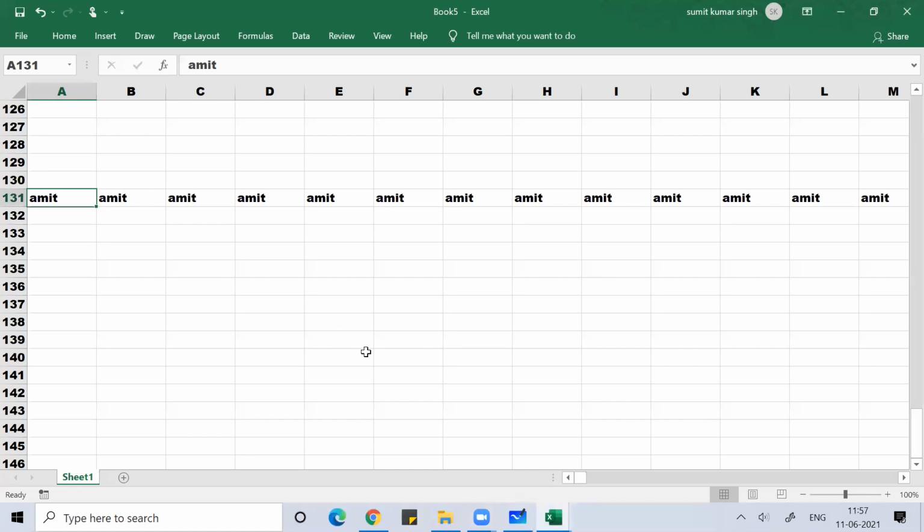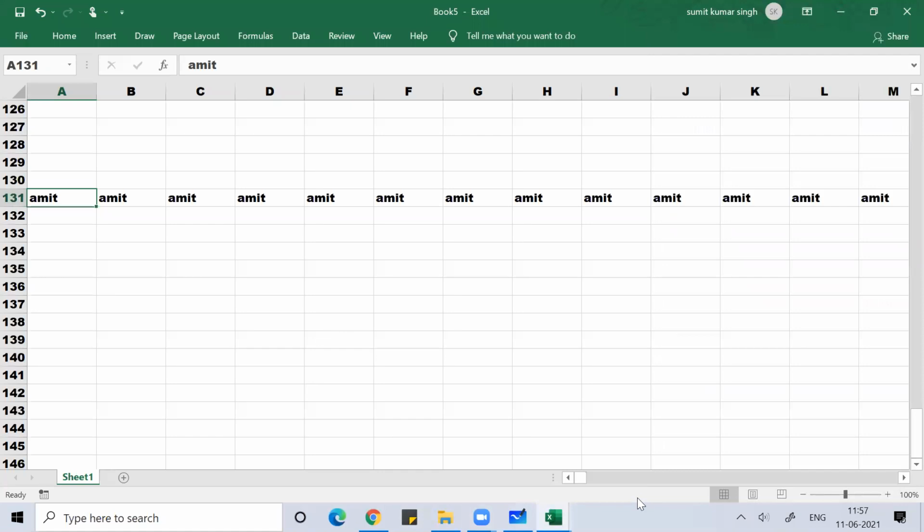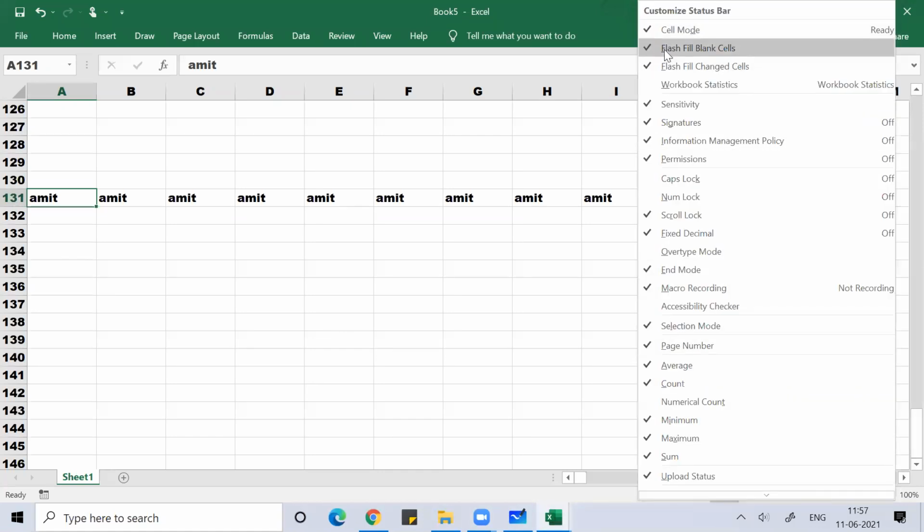Guys, understand this is called the customize status bar. At the bottom, what you see is called the customize status bar. It shows all the mathematical functions you do. Here I have ticked sum, minimum, maximum, count, average, macro recording.